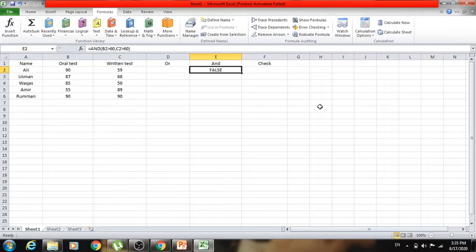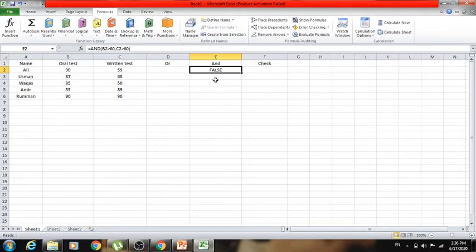Like if your passing marks is 60, and like in some national exams like CSS or your CIA exam, if you fail in one subject, it means that you are fail in all subjects. The AND operation is the same: if you fail in one subject, then it will give you false, meaning you are fail in all. So this is basically the most common example of the AND operation.